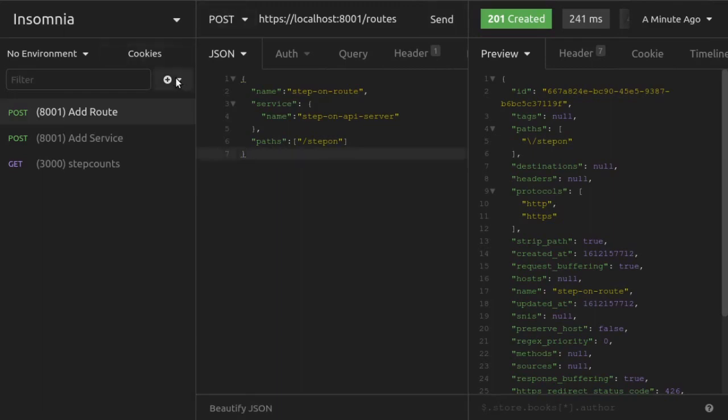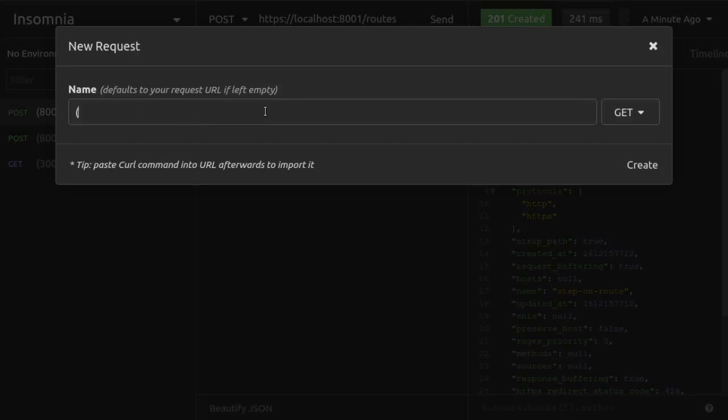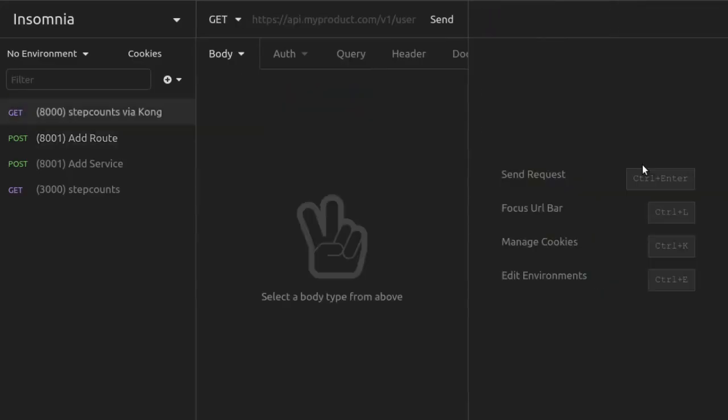Now that we have our service and our route added, we can test sending a request through Kong to our API server. This is a request that's going to be going to the proxy at port 8000 to the gateway. Our request goes to HTTPS localhost port 8000 /stepon, because that was the path that we set up in our route, / our endpoint, step counts. And when we send that request now,